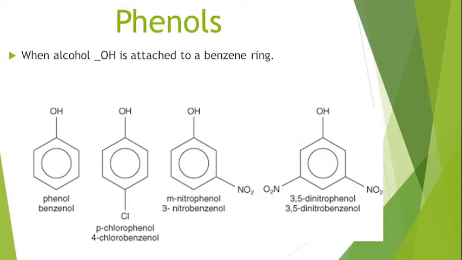As you have seen, there is a monohydric phenol present in the form of phenol or benzophenol. Chlorine can also be attached to a phenol ring by releasing 1 hydrogen atom from the ring. So you can see that chlorophenol is present here. Nitrophenol and dinitrophenol can also be formed by the releasing of 2 hydrogens from phenol ring.